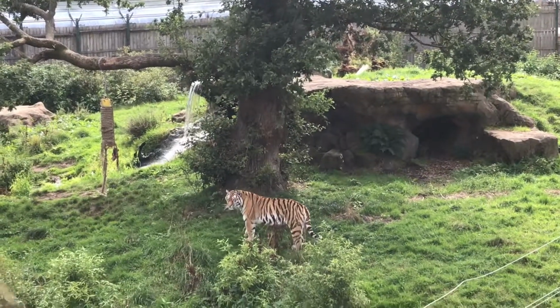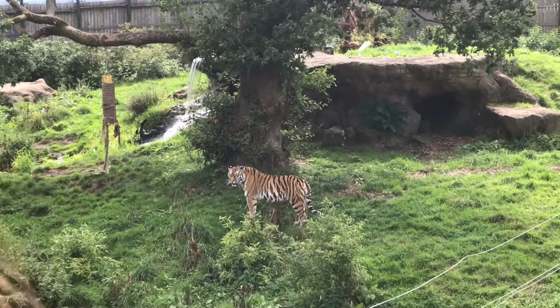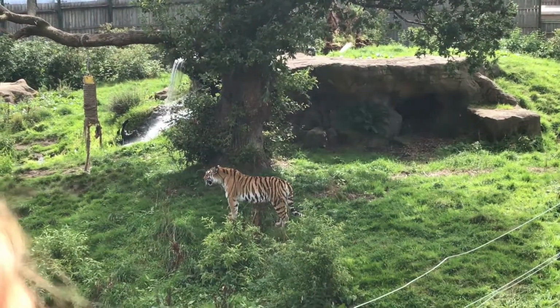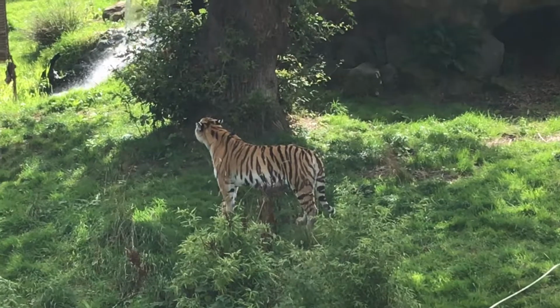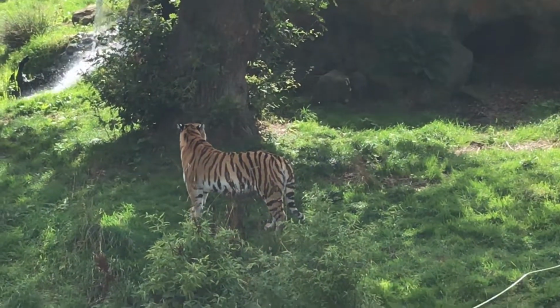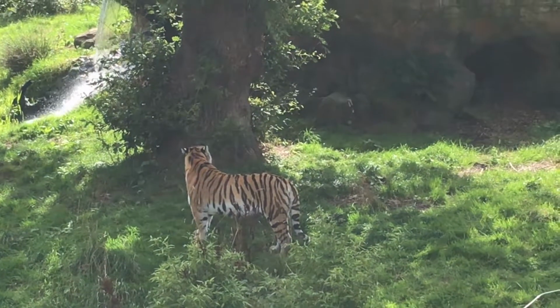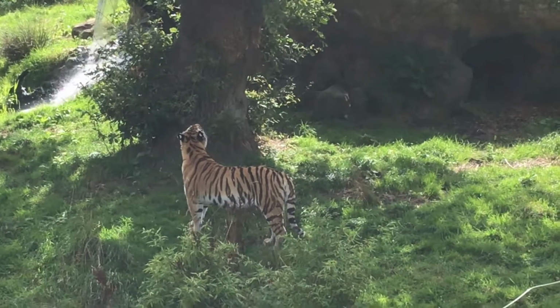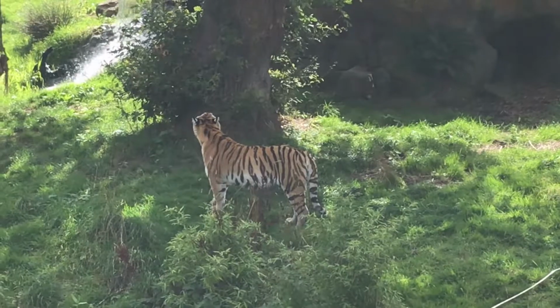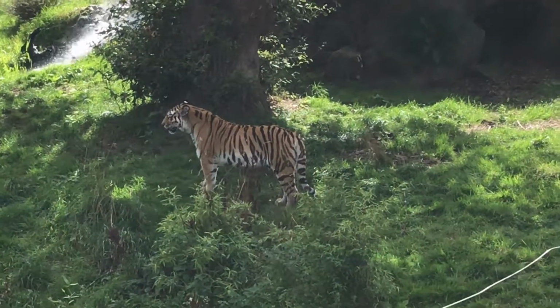There's a river that flows through all these countries, and it's called the Amur River, so we now refer to these guys as Amur tigers. It starts with a B, it's found in India, and it's famous for featuring in the Jungle Book. Does anyone know what type of tiger I'm talking about? Shout out if you do. A Bengal tiger, good. So Amur tigers, which used to get called Siberian tigers, and Bengal tigers are the ones